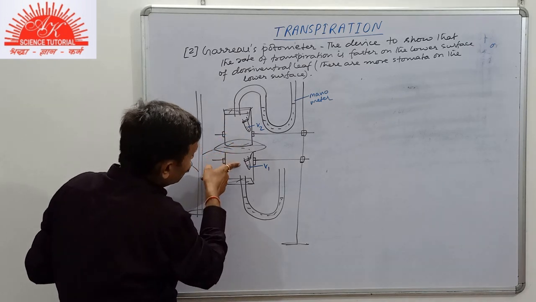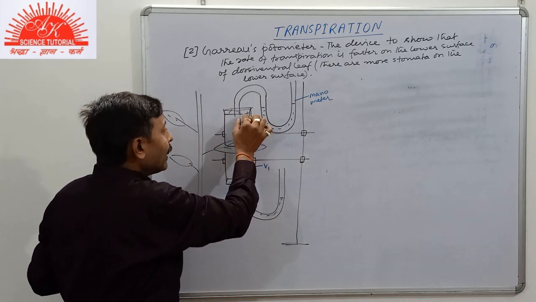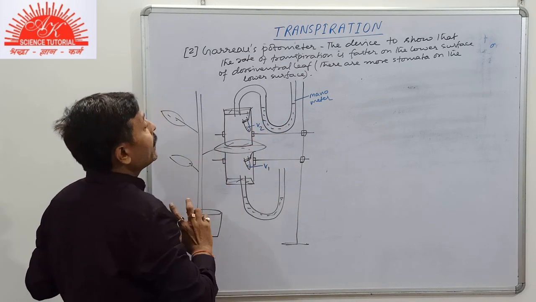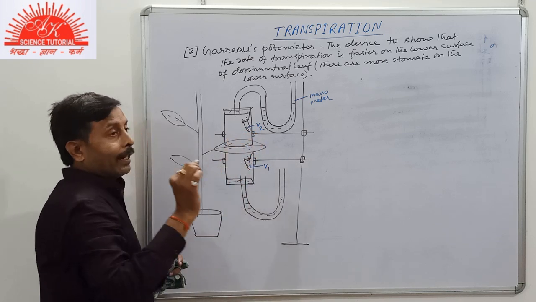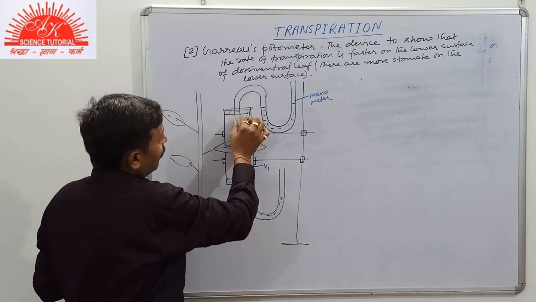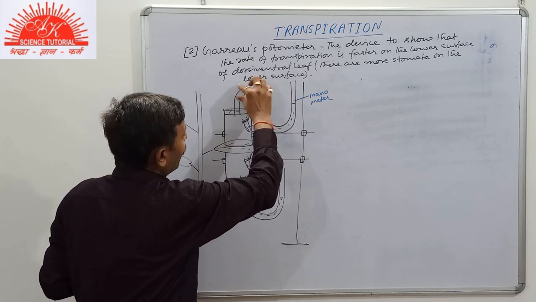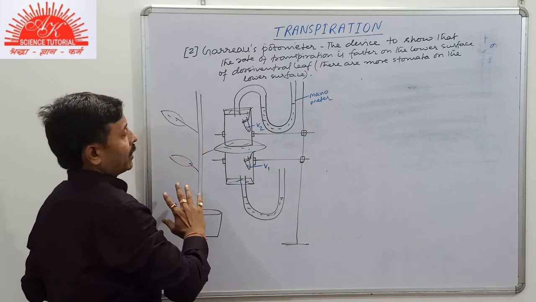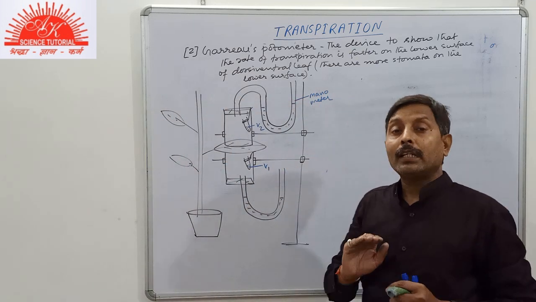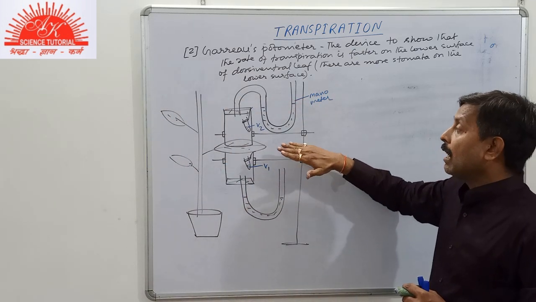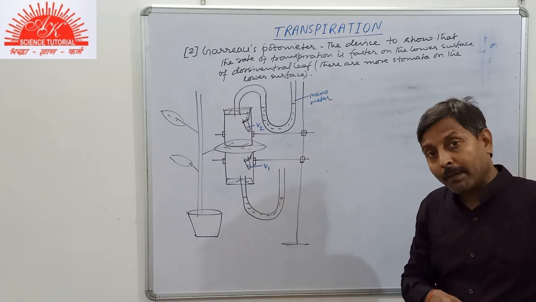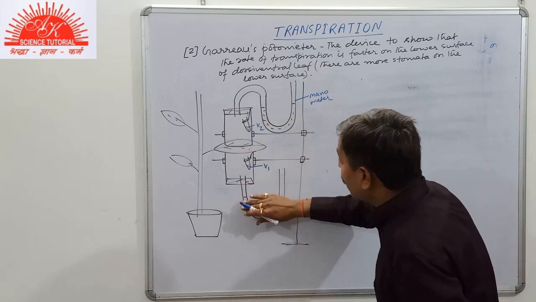Now in the two tubes we place a small glass vial, V1 and V2. It contains anhydrous calcium chloride. It is suspended here, and then two manometers on the upper and lower tubes are fixed. Now the manometer is used to show that there is the same atmospheric pressure on the two surfaces, or there is no change in atmospheric pressure during the experiment. So what are the roles of these?